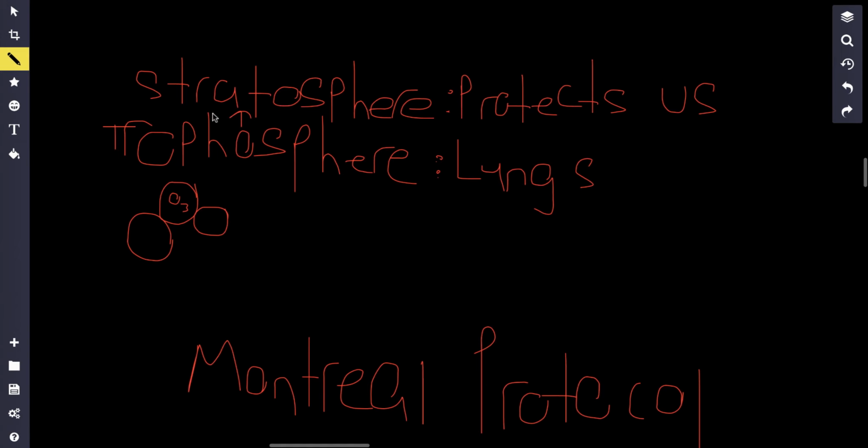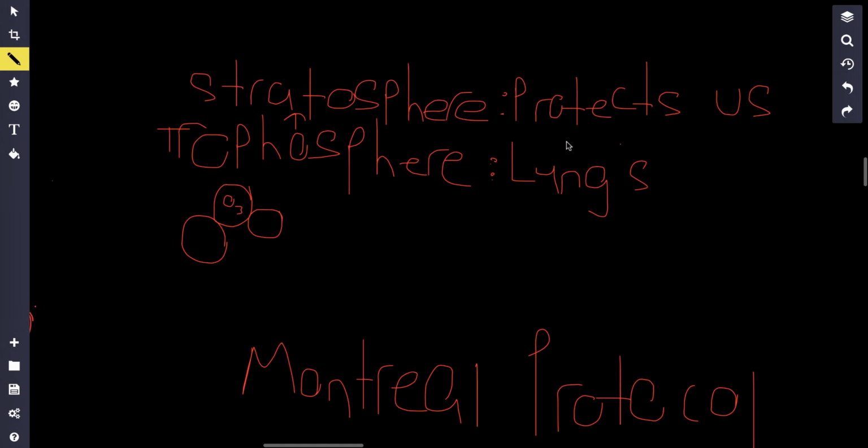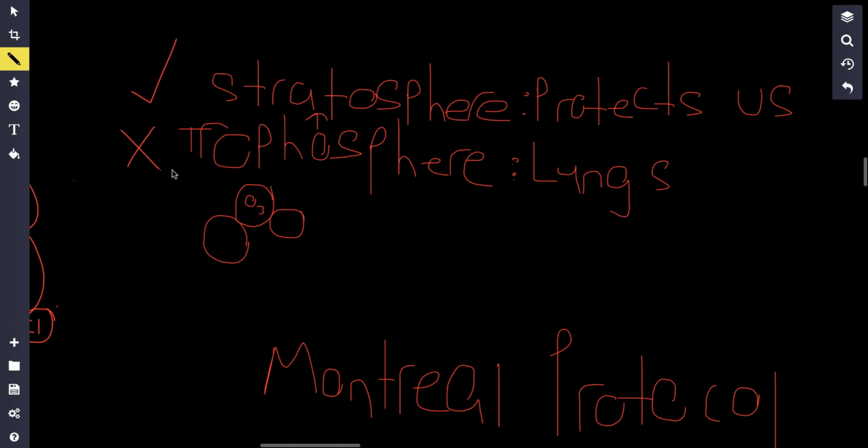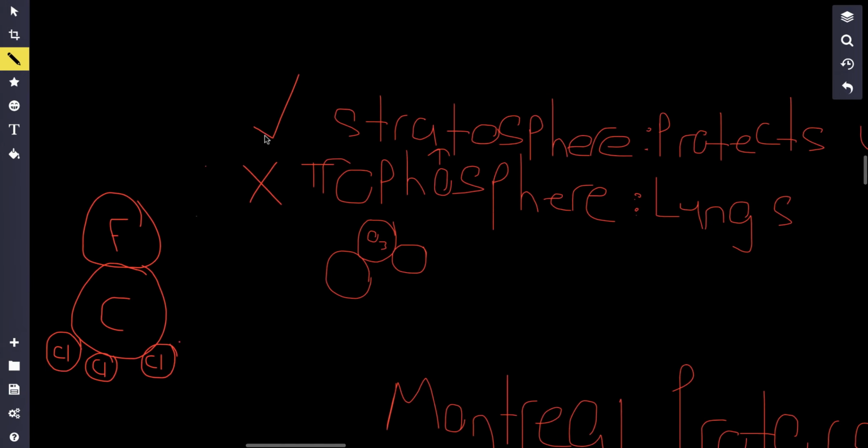However, ozone in the stratosphere, which is the layer above the troposphere, is different. Remember that the troposphere is basically where all the weather happens. The stratosphere is the layer where you have the ozone layer, and it's good for us because the sun has UV radiation that goes down on Earth. This ozone blocks and prevents all of this dangerous UV radiation from coming down and giving us skin cancer. That's good. So ozone here is bad, but ozone in the stratosphere is good.